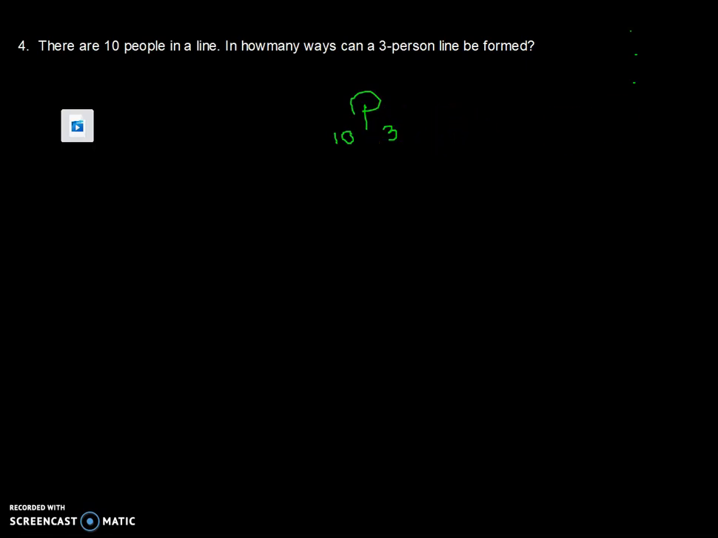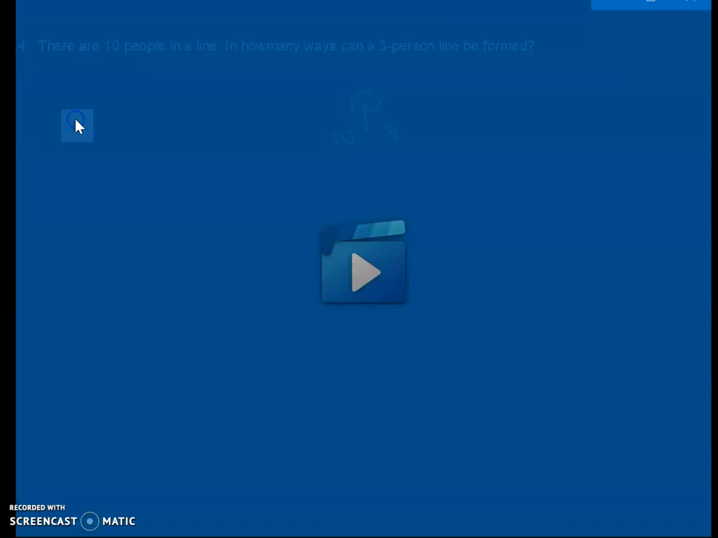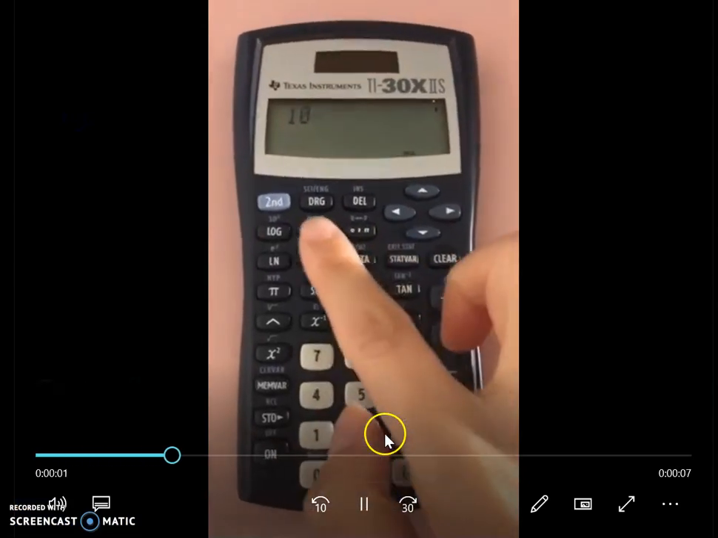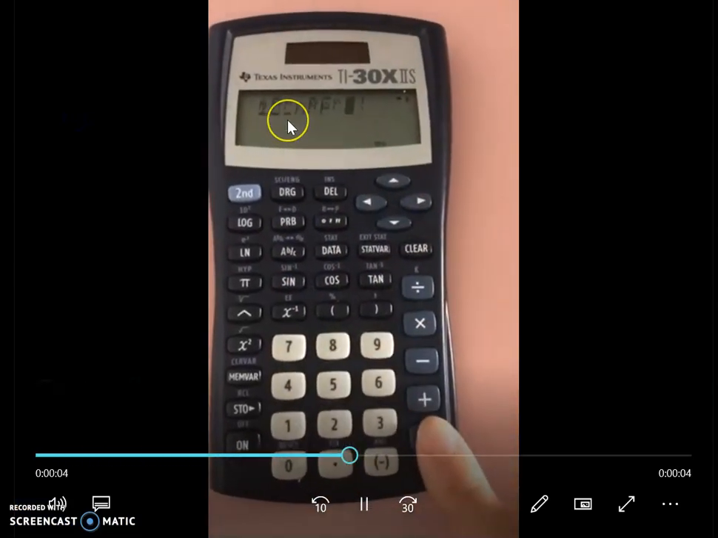So again, you could put this into the formula, or I'm going to show you really quickly how to input this into the calculator. So again, you're going to type 10. PRB means probability, and this time you have nPr right